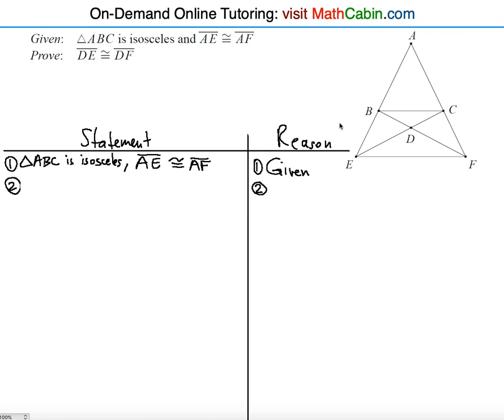In this given example, triangle ABC is isosceles, meaning it has a pair of two congruent sides, right? And then AE is congruent to AF, the sides of the largest triangle, respectively. So we provide the given statement, we justify it as given. The next statement immediately follows that AB is congruent to AC. And the reason for that is simply, right, this isosceles triangle